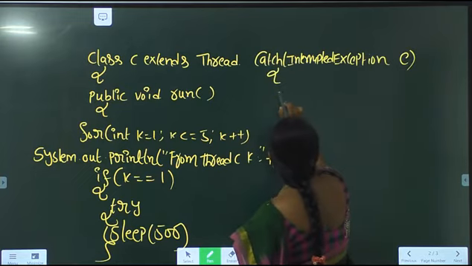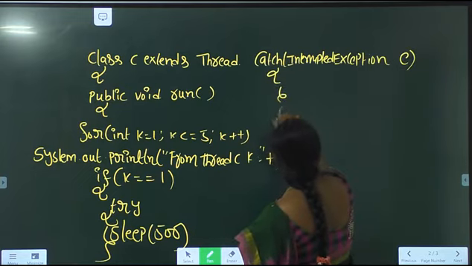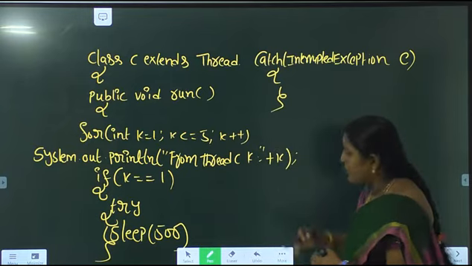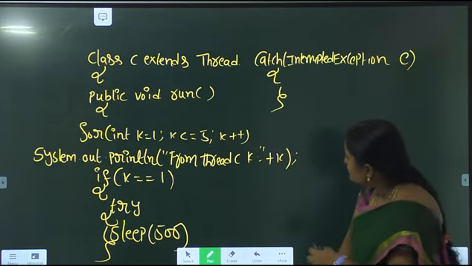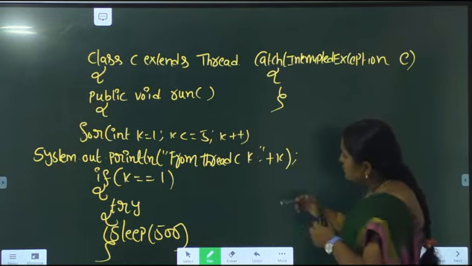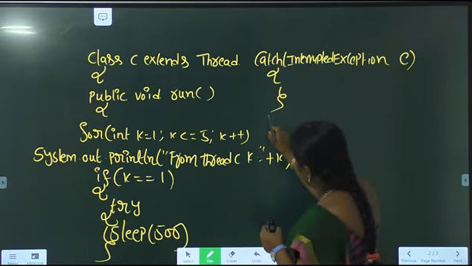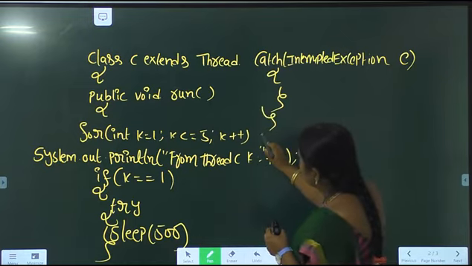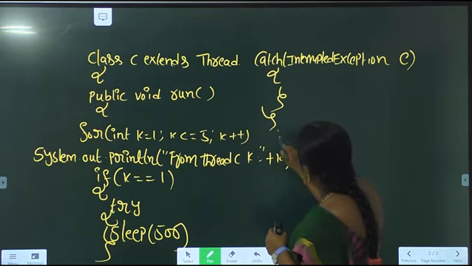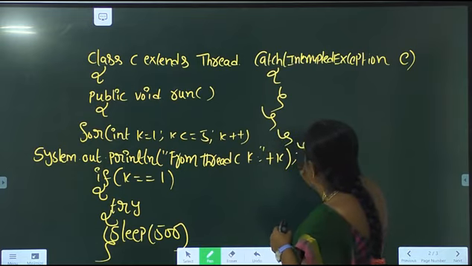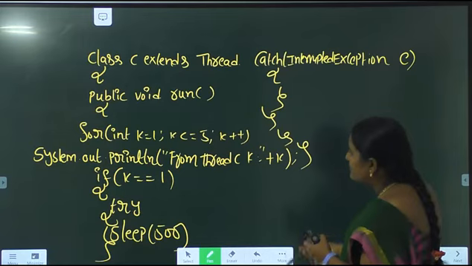Simply we can close the catch block. Next, we can close the for loop, the run method body, and the class body.